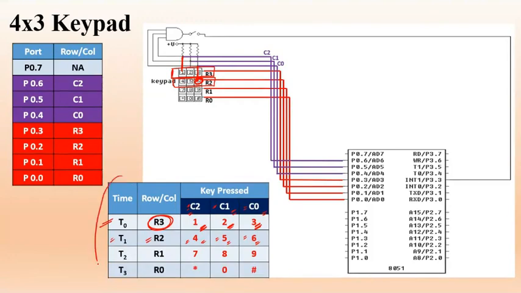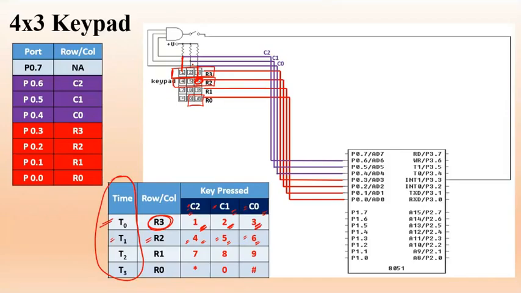You can keep this aside, because I made it so that you understand that at any particular time t, you cannot detect two keys simultaneously. You can only detect either row 1, row 2, row 3, or row 4, and so on. At any time, you will be detecting only one key. If someone simultaneously presses two keys, you will not be able to identify whether 0 or hash is pressed, or it will not give you information related to a single key.